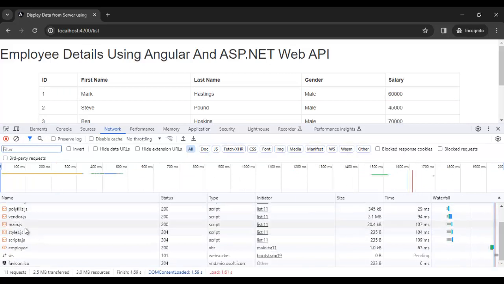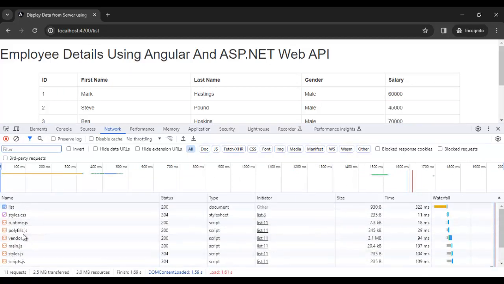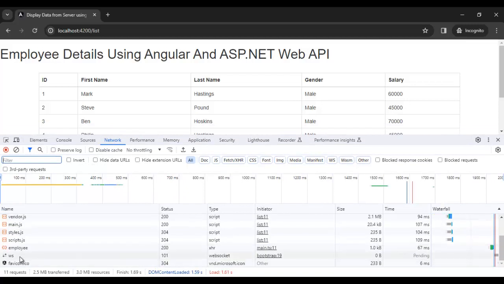So see guys, I wanted this list of things in the network tab, it was not showing. So if it is the same case and it's not showing this list of names or related files, you just refresh using Ctrl F5. Once you press Ctrl F5, you can get the list of files under the network tab. Here you can see one employee is there, right? So employee is nothing but the same employee controller. Now you can see the URL, that is localhost port number /API/employee. So if you click on it,